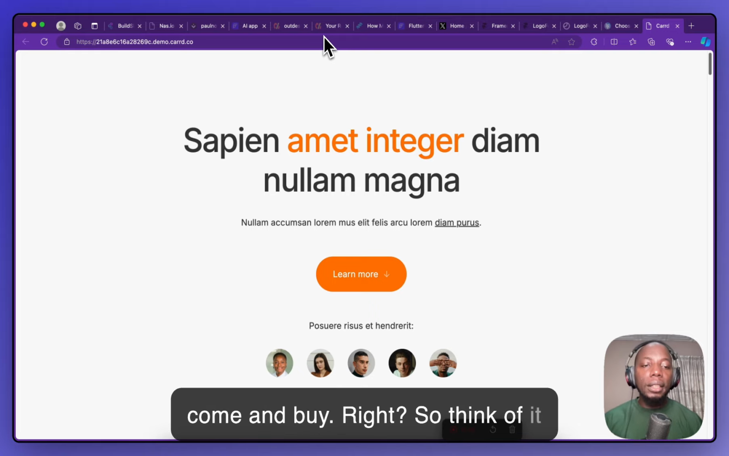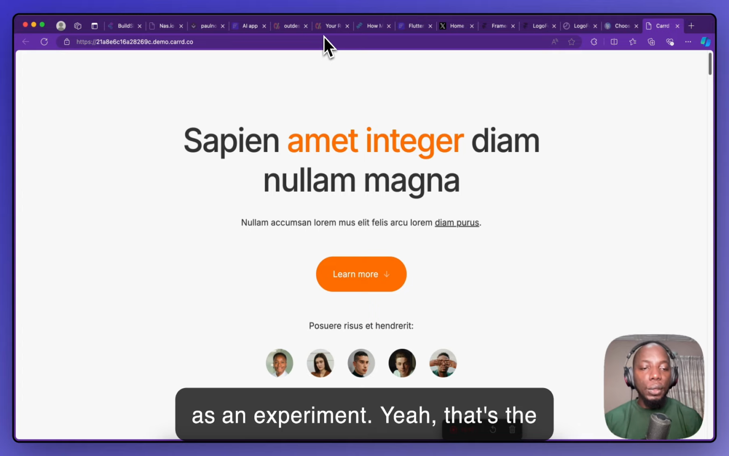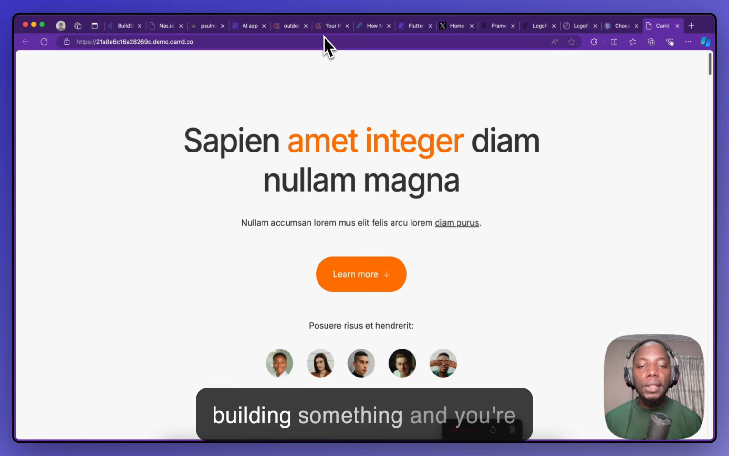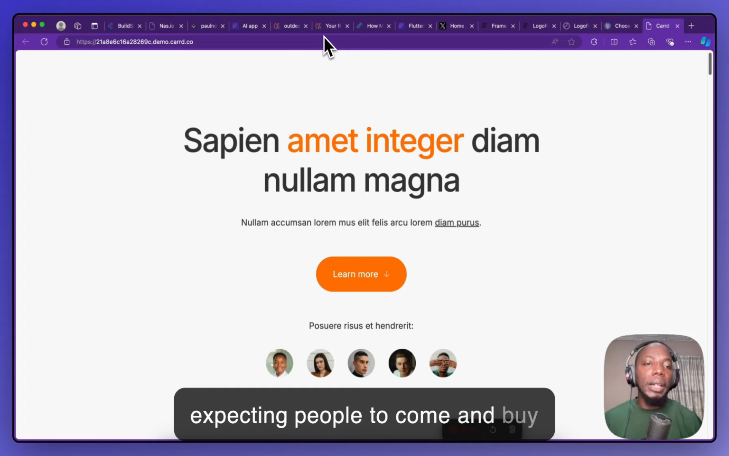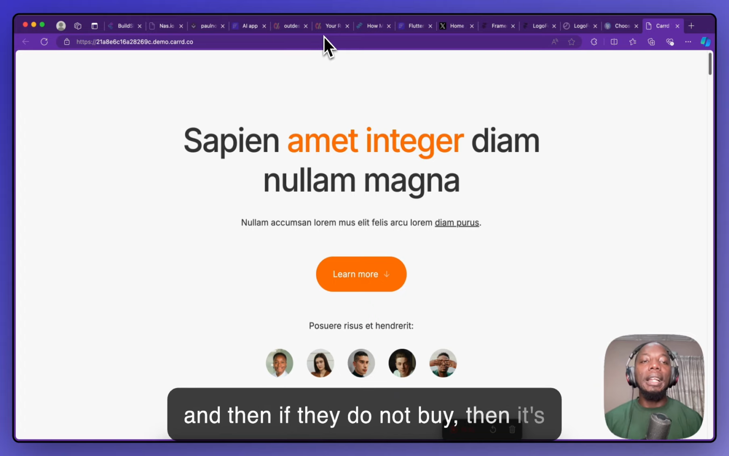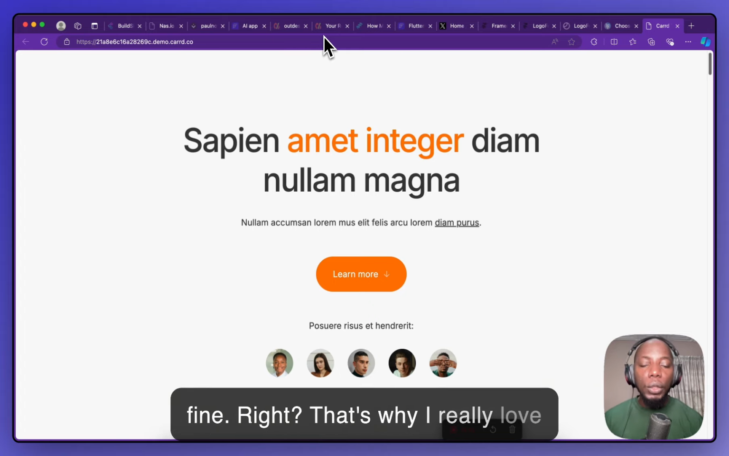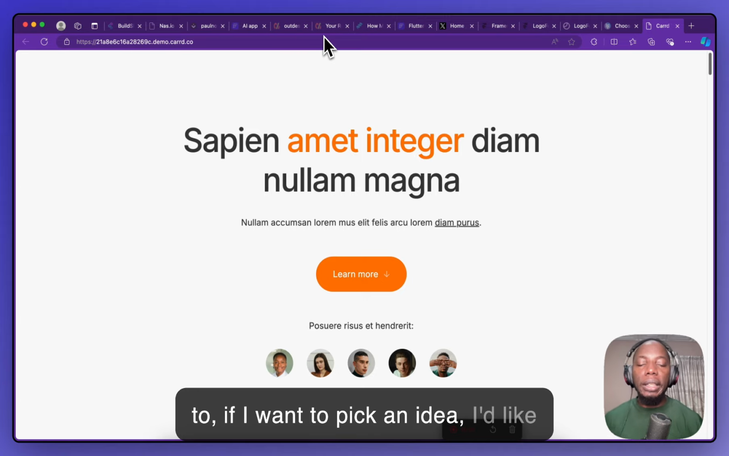So think of it as an experiment, because it's an experiment. You're building something and you're expecting people to come and buy, and if they do not buy, then it's fine. That's why, if I want to pick an idea,